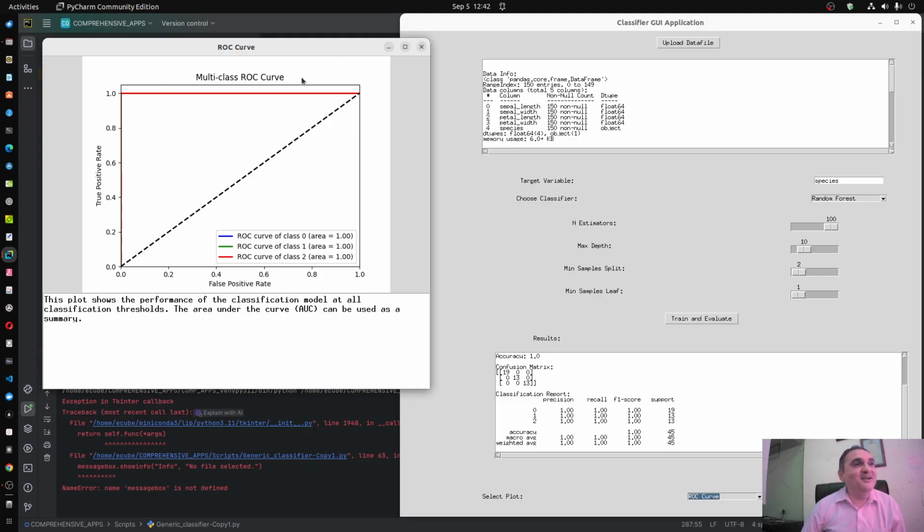So you get an ideal ROC curve. For practical models, we will take another example of a practical data set. It will not be like that. Now below the ROC curve, a helpful hint is also provided about what the ROC curve shows. This plot shows the performance of the classification model at various classification thresholds, and the area under the curve can be used as the summary.